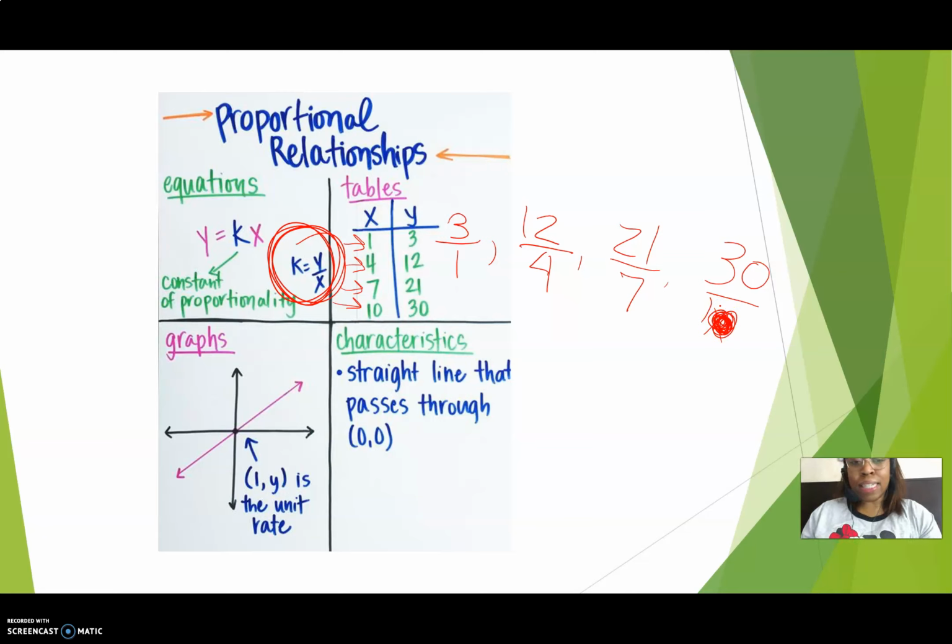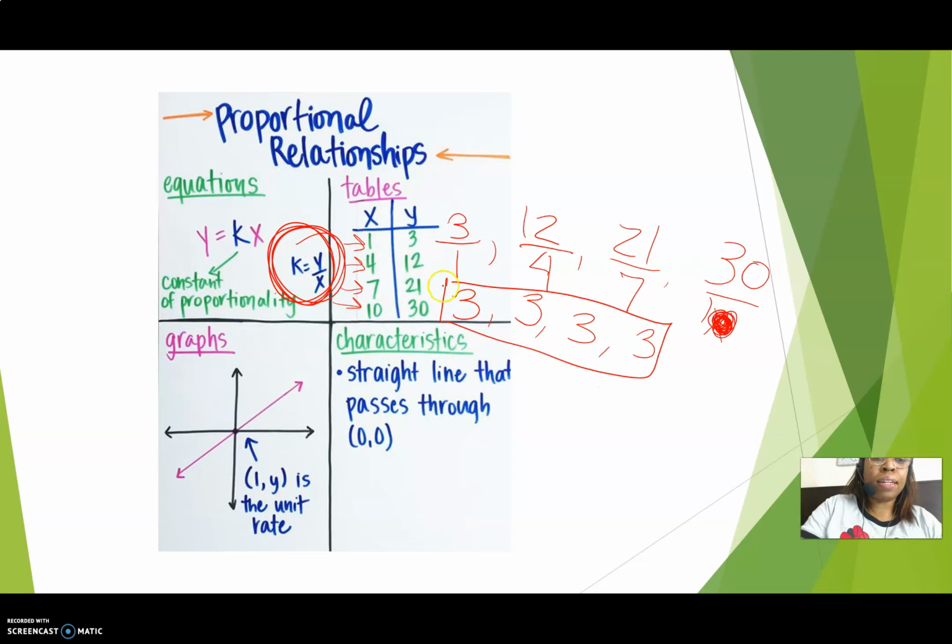Alright, so we have a bunch of fractions now. We have a bunch of ratios. Let's see if they equate to the same value. So 3 divided by 1 is 3. 12 divided by 4, 21 divided by 7, and 30 divided by 10. Now because all of these are the same, we now know for sure that our table represents a proportional relationship. So if we were to set this back up into equation form, we would take our constant of proportionality, which is 3,